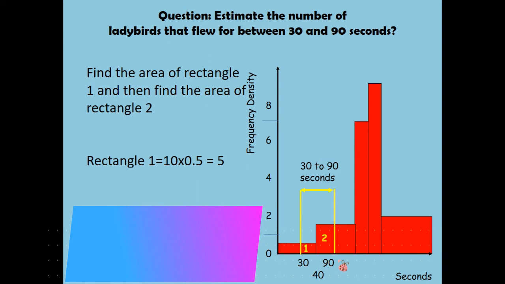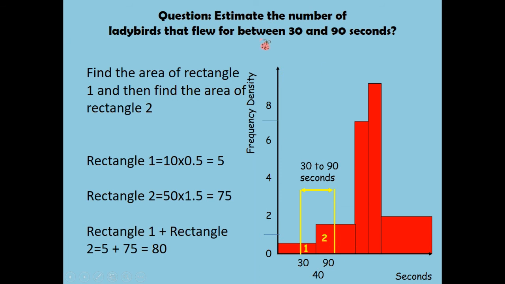Hopefully you can see that we multiply the interval range, which is how we get from 40 to 90, which is 50, by 1.5, giving us an answer of 75. So to find the number of ladybirds that flew between 30 and 90 seconds as an estimate, we add those two figures together, giving us a total of